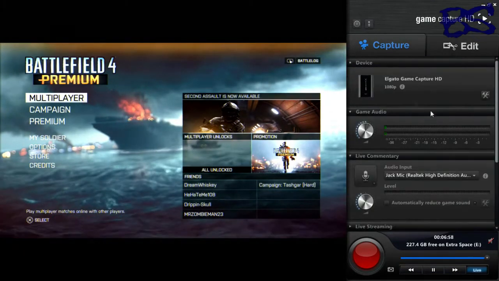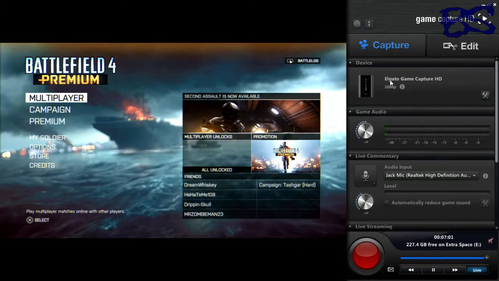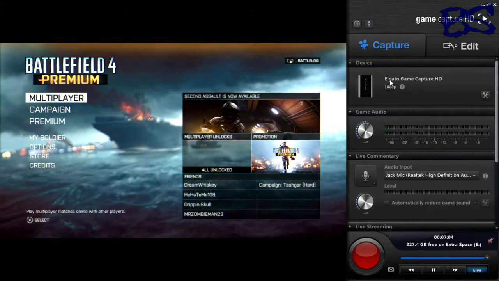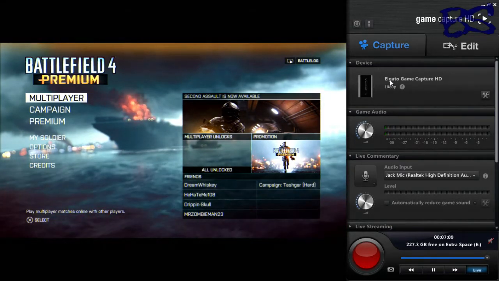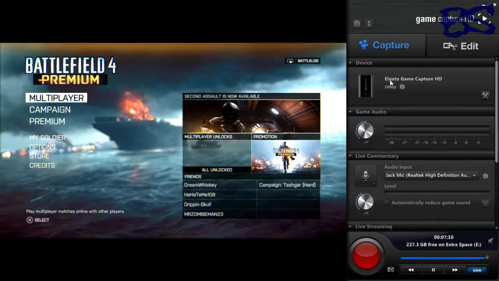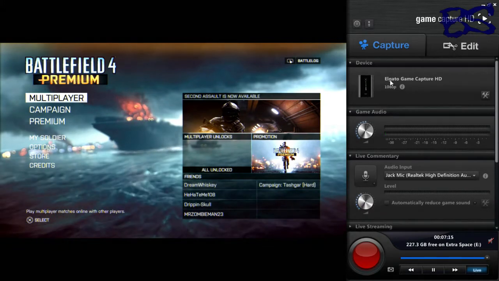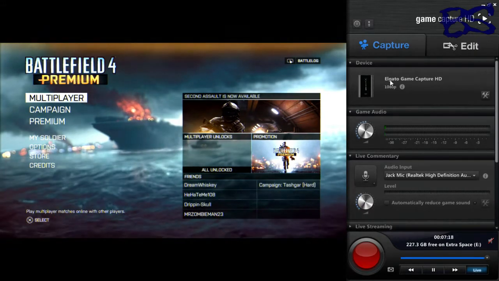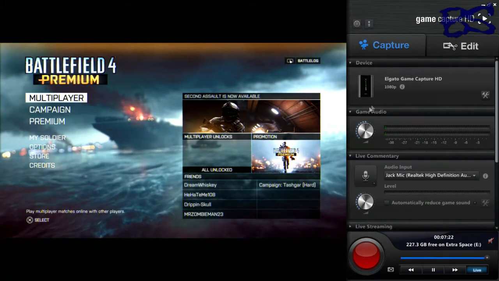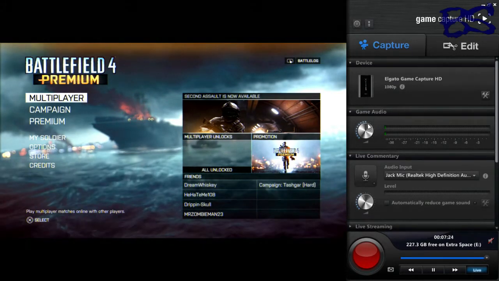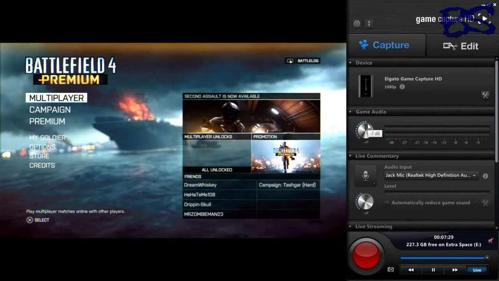So if you come over here to the right, you have the device that you have, the Elgato Game Capture HD, and right now I'm capturing PS4 gameplay, but as of right now, it's not actually possible to capture PS4 gameplay by legal means, and because of the HDCP on it, you gotta get rid of that, but I'll go over that in another video if you want me to. Anyway, we have the Elgato Game Capture, your game audio, and a few tricks you want to know when you're